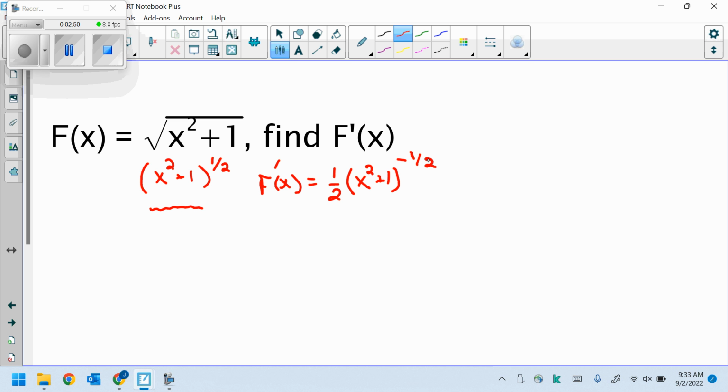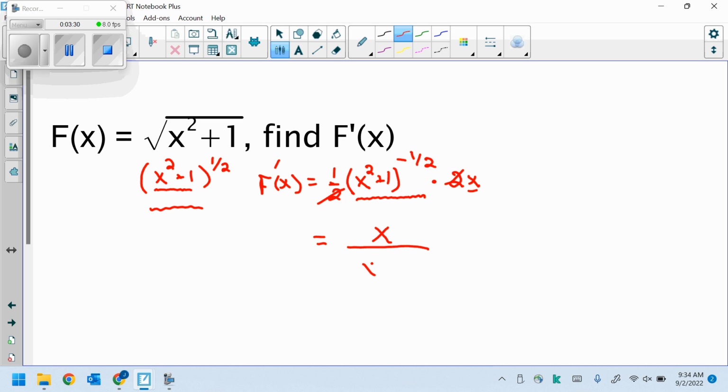Now, what chain rule tells us to do is to take that derivative of the outer, don't mess with the inner, and then multiply by the derivative of what's inside. Now, the derivative of what's inside those parentheses is 2x. So if I actually multiply this out, I think the 2 and the 2 are going to be gone. I think I'm going to be left with an x up on top, and this, since it has a negative exponent, would be driven down to the bottom. I think we're going to have an x here,